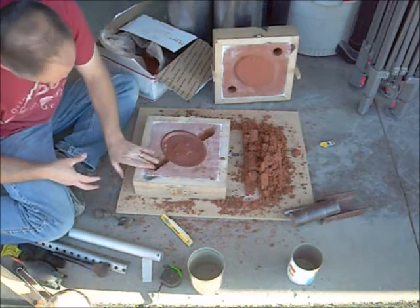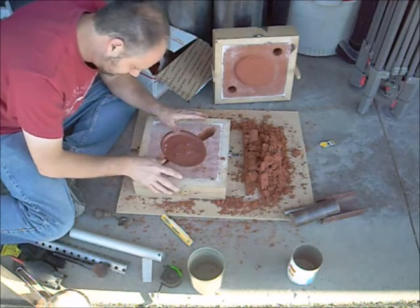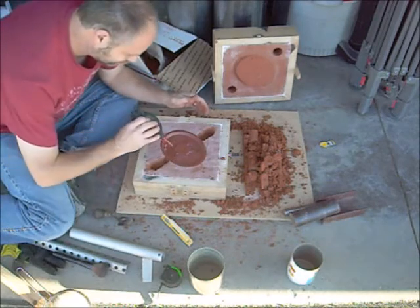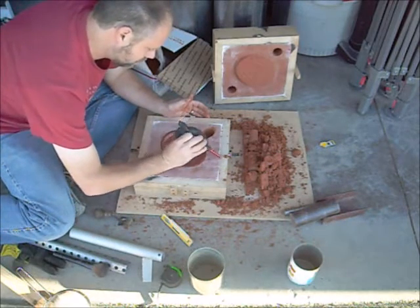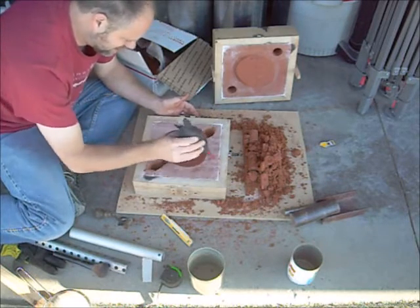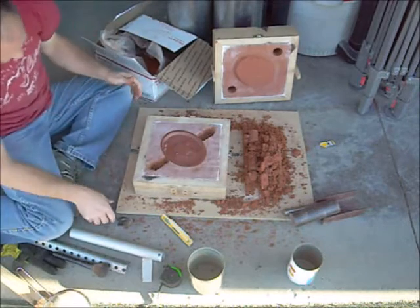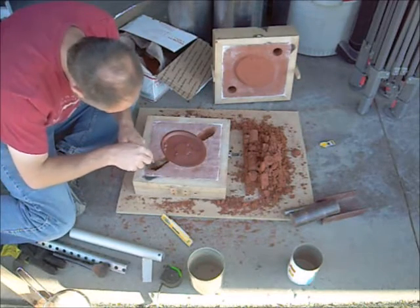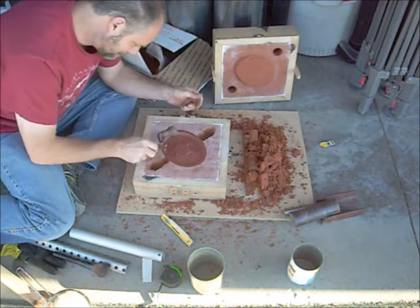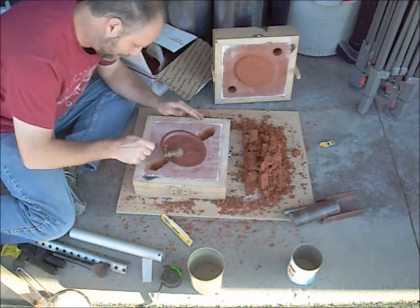It is nice to pack it down with your hand. I had a problem. See, I got a little close to my edge there again. I don't like that. Any extra stuff just sitting around the top here, I'm going to go to pull it out. Alright, so that isn't what I planned on, but